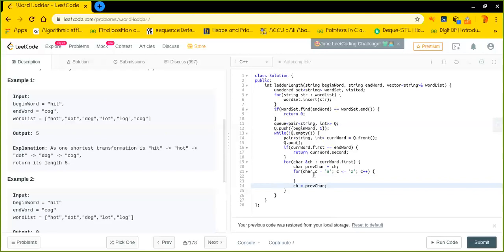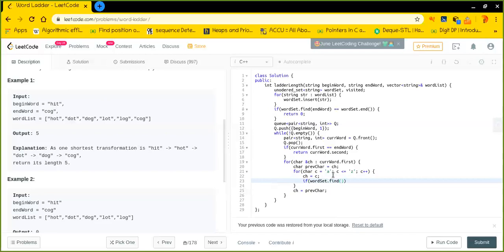Good. So right here, actually we need to change the character. So now, let's say the ch is c. Now the entire string has changed. Now we need to see if my word set contains this particular string.